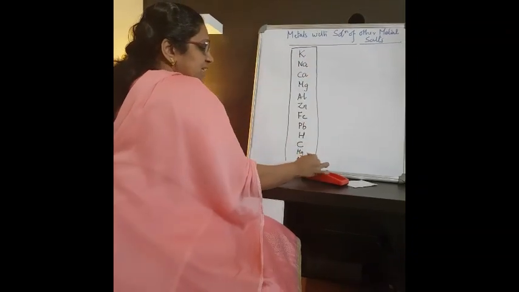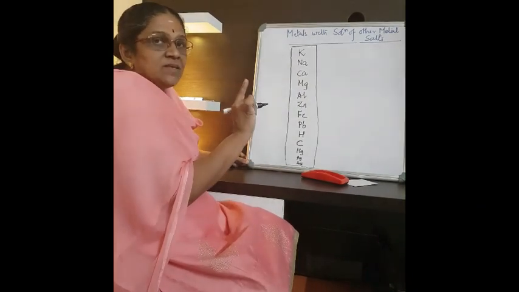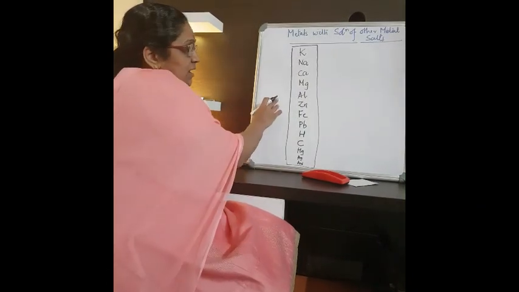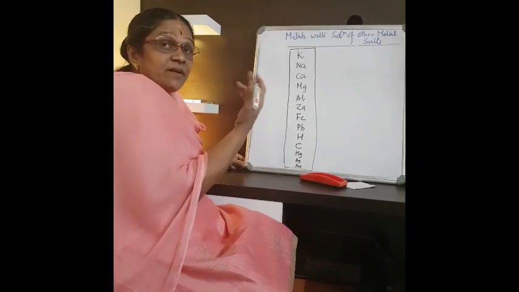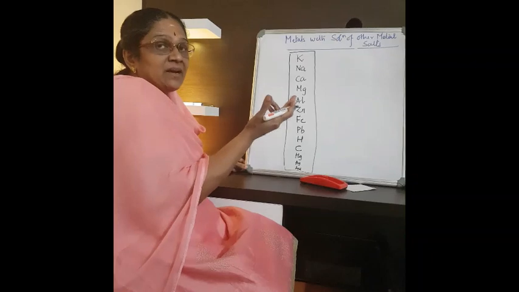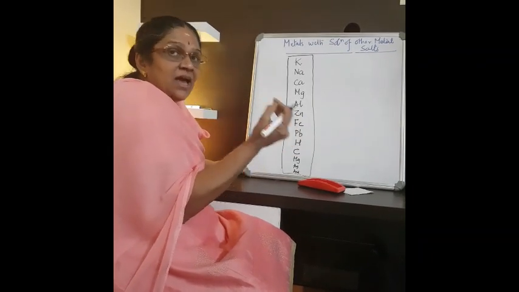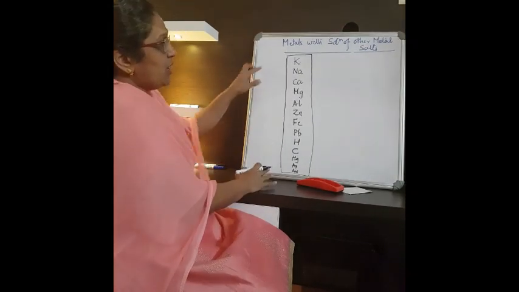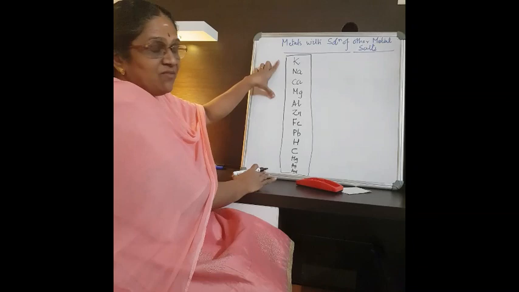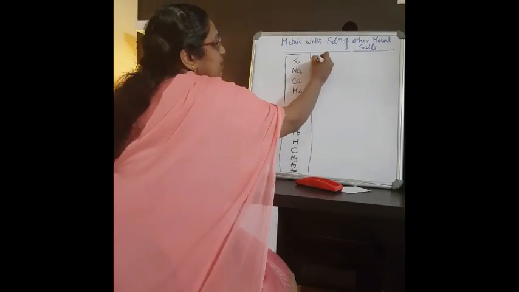You have already studied this in the displacement reaction. Now you know how this came. This came from the reactivity of different elements by reacting with different chemicals, isn't it? Chemical reactions with water we have seen, with air we have seen, with acids, and these displacement reactions. So considering all this, we have put up a reactivity series in which the reactivity of metals is in decreasing order, which means this is more reactive.